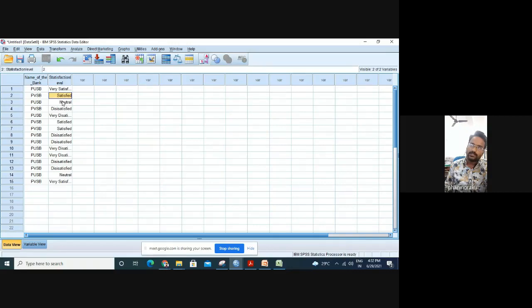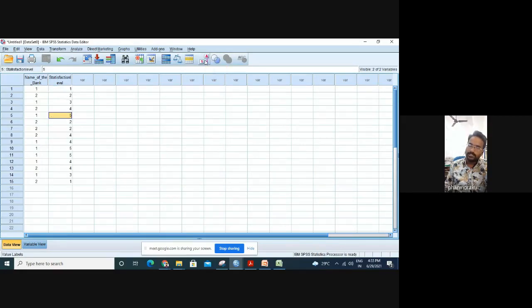We are seeing that 3 is neutral, 4 is dissatisfied, and 5 is very dissatisfied. Even you can make this from here also. It's a keyboard shortcut here in the ribbon. Then the value labels will change from the numerical form to the text form also. Based on the requirements, you can also use it, because if you have any doubt or get some value which you are not able to understand,